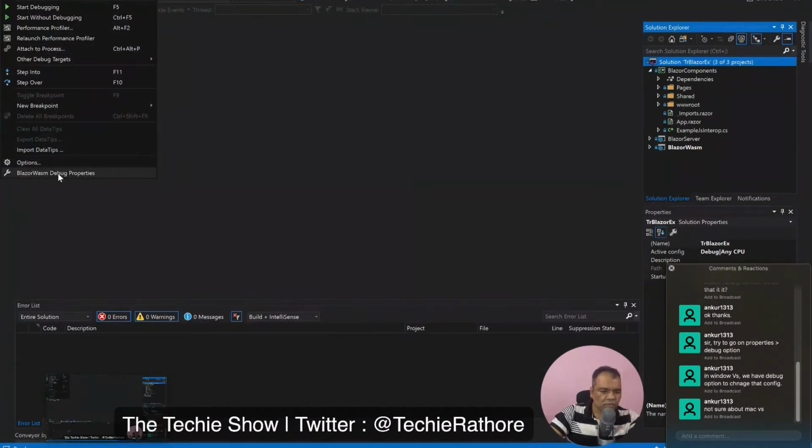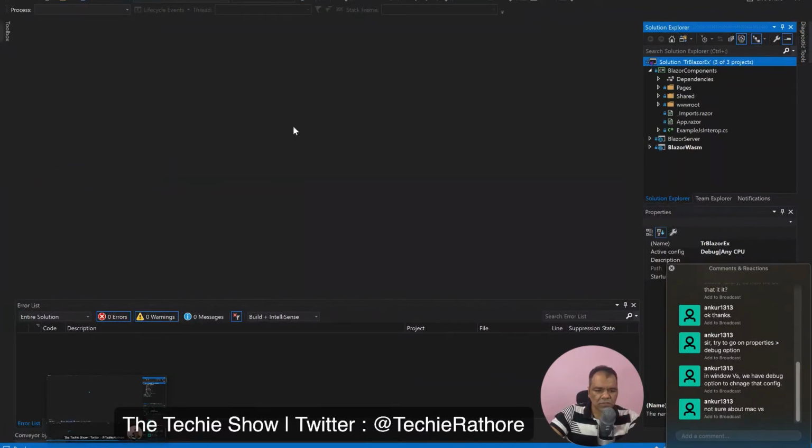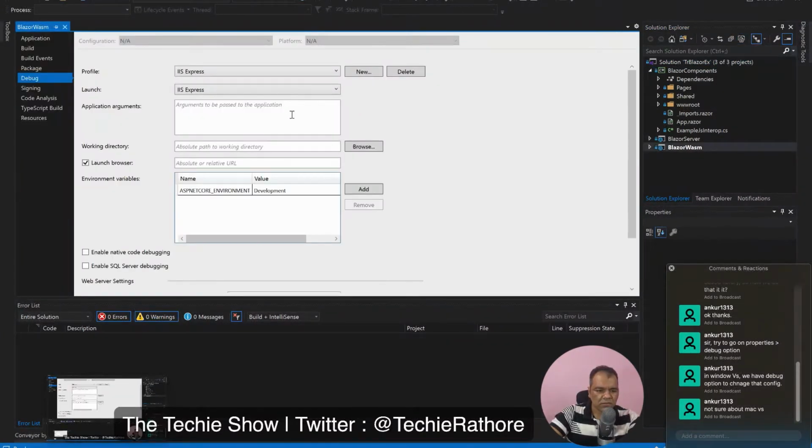Blazor Wasm debug properties. Okay, so see, Blazor Wasm. Okay, launch project. Launch browser. Okay, so see here, yeah, these are the debug properties. So I have changed this profile to launch project, and I'm running this Blazor project.